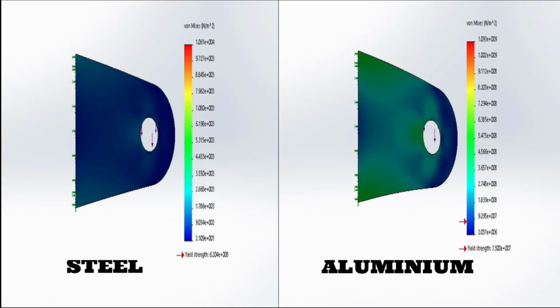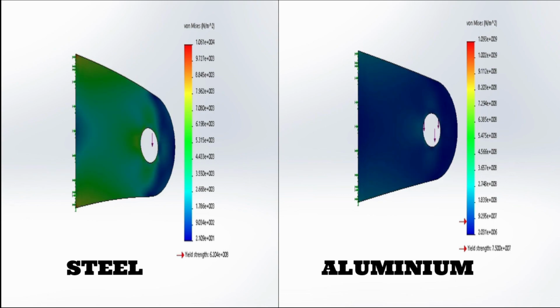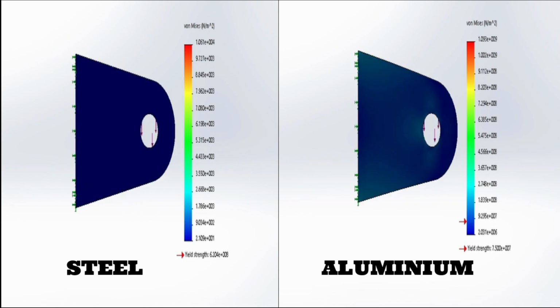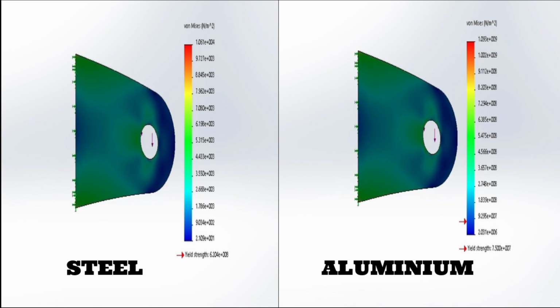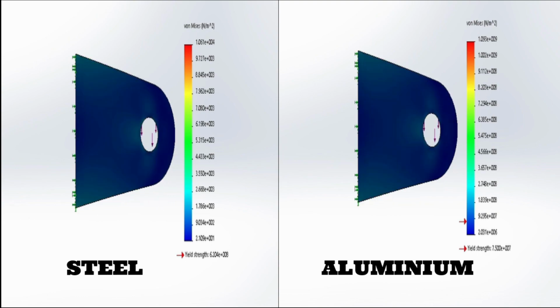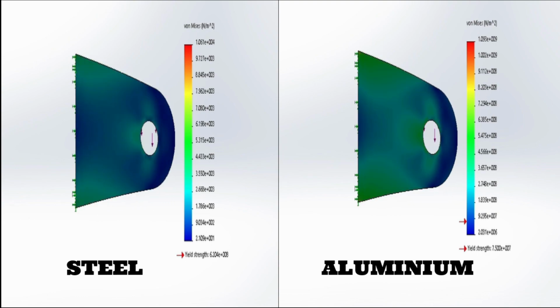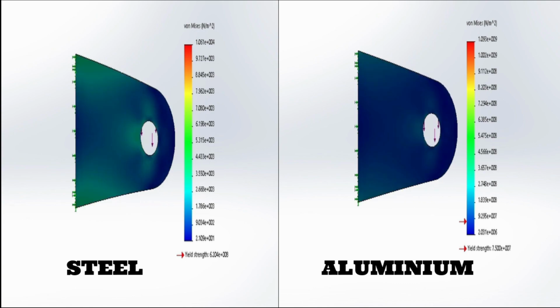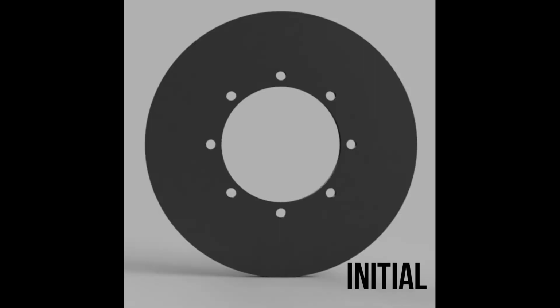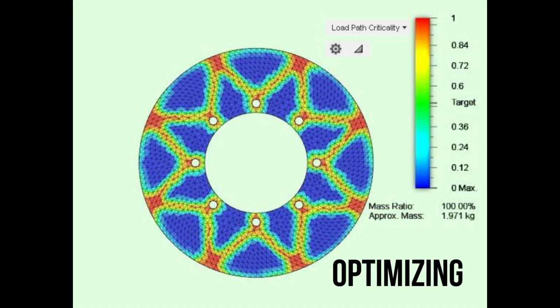Carrying out FEA and simulation is an important step in any design process. This process predicts whether your design is going to sustain the loads which you have calculated, that is, whether the design is safe or not. It helps to test various load case scenarios with different materials and select the best option possible. It also provides an opportunity to optimize the design to strike an optimum balance between material strength and weight.